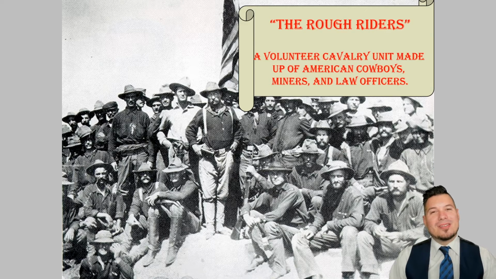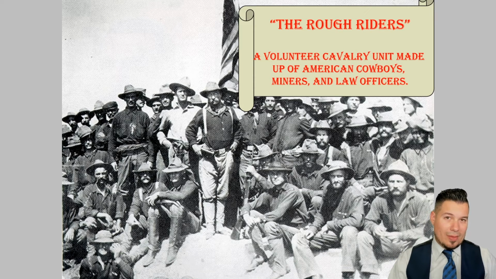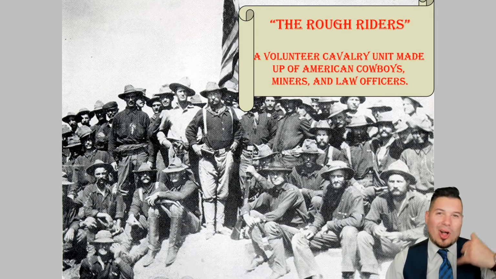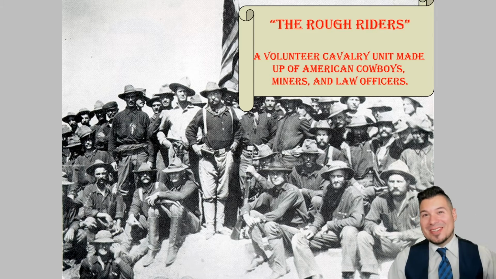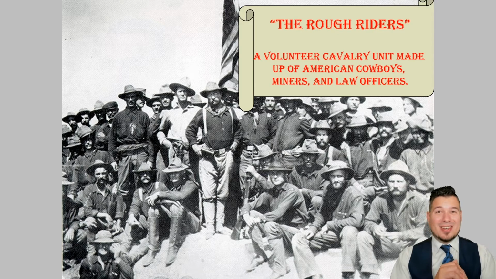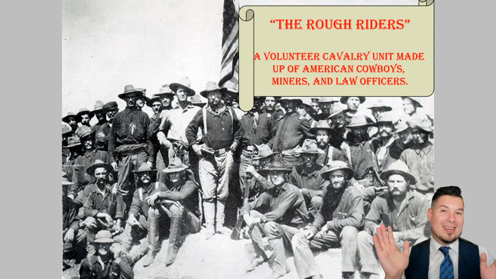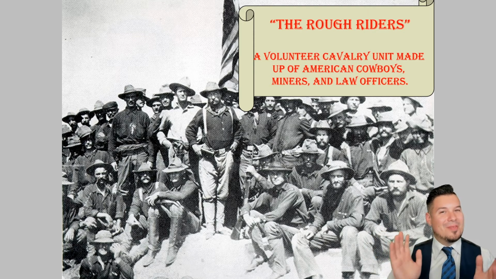The Rough Riders are a volunteer cavalry unit made up of American cowboys, law officers, miners, and athletes that knew Teddy Roosevelt. As crazy as this sounds, Teddy Roosevelt was Assistant Secretary of the Navy, and he's going to resign in order to fight in this war. And when he does, nice cushy job, right? He goes ahead, resigns, calls up all his friends from college and says, we got a war, guys. And these guys are a volunteer unit, go down into Cuba with their own horses, their own guns, and everything else, and they fight one of the most famous battles of this war.